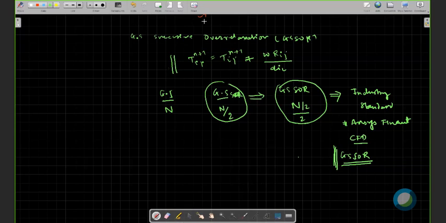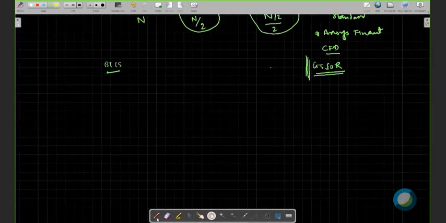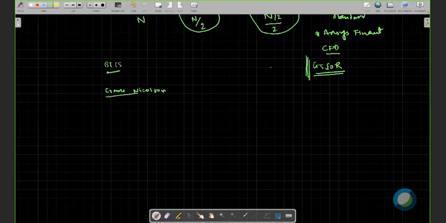Now, while looking at the implicit methods, we have looked at the BTCS method, backward in time and central space. And then we have also looked at some other methods which are implicit in nature. Those were the Crank-Nicolson method. So we have discussed the Crank-Nicolson method. You should be in a position to work with Crank-Nicolson and other methods. The BTCS method is also an important method. You should be in a position to solve any 2D heat conduction problem or any other problem with the BTCS method.